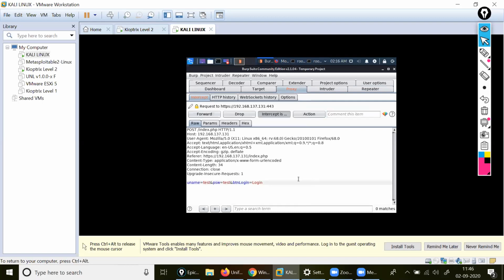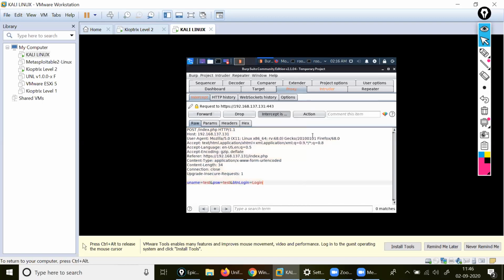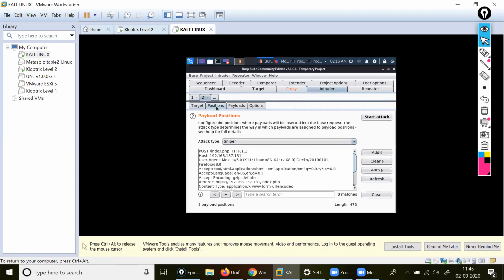Proxy, Control all. Okay, and send it to the Intruder. Come inside the Intruder, and positions. This is the position. Attack type is sniper. Then after, what I will do, change the username and all.